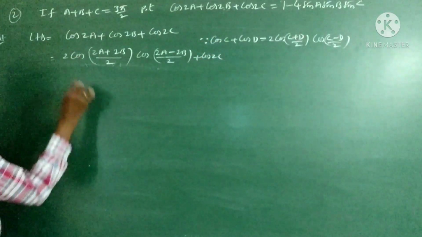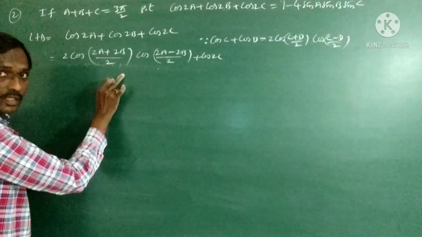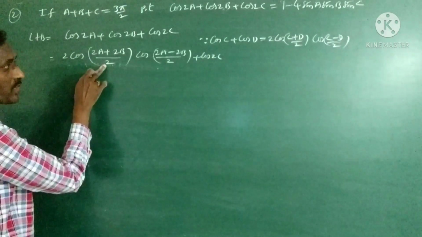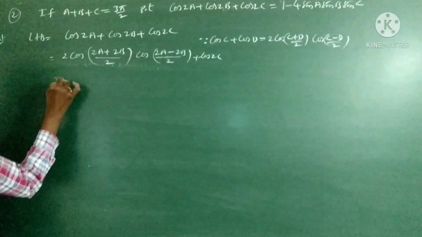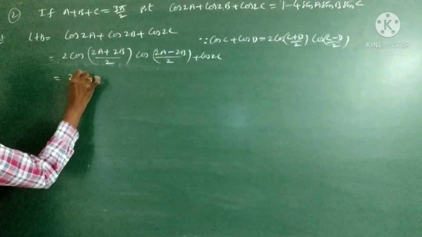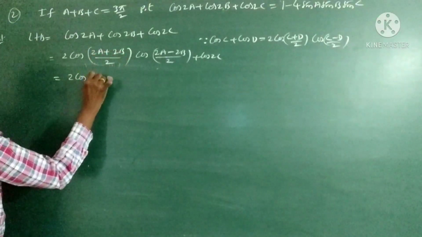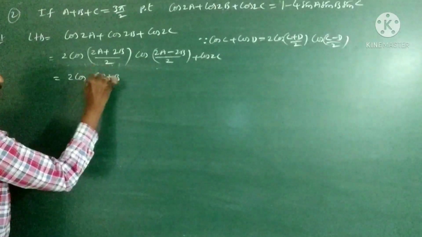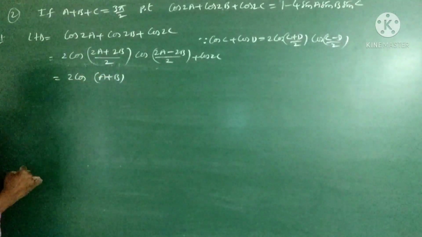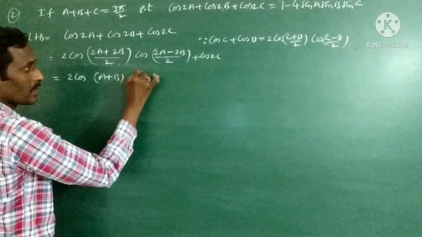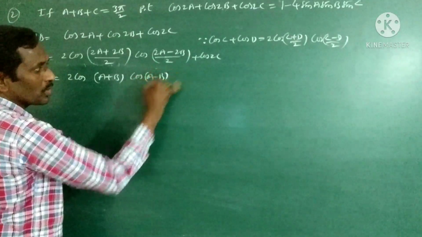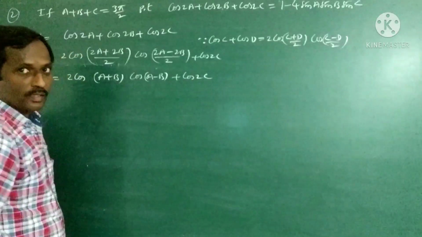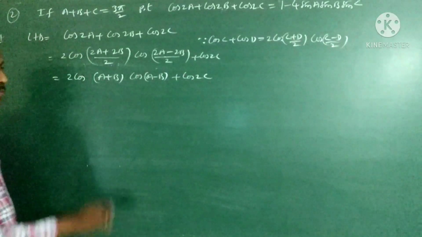Cos 2c. Then, if there is any simplification in this, first simplify it, then go to the next step. So here 2 you get as a common, we can cancel that also. So write the value: this equals 2 times cos function of a plus b, the remaining value. 2 take as a common, cancel the value. Similarly for this again, cos function, 2 take as a common, cancel the value. Place cos 2c as it is. Now the step is over.